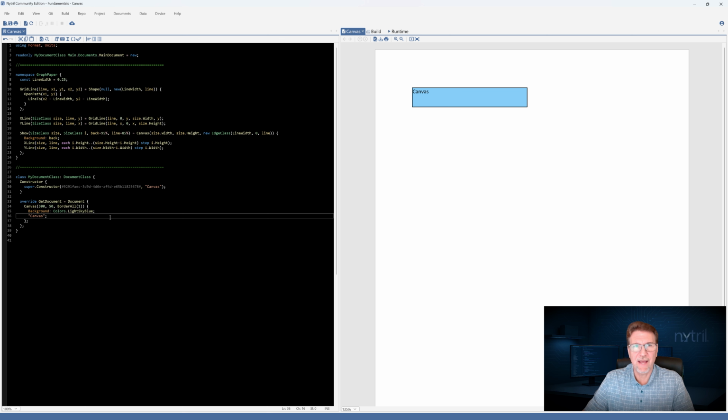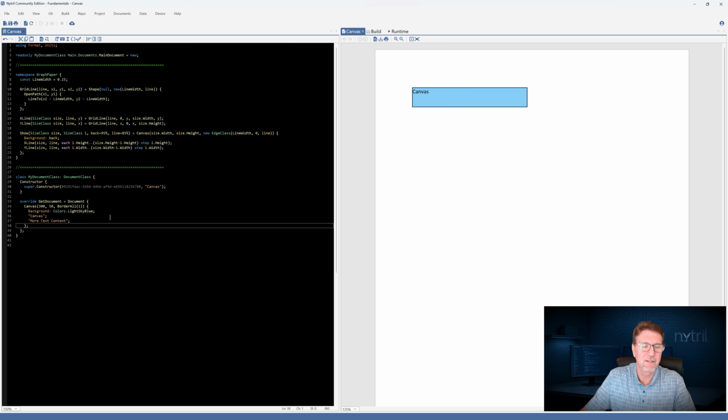So to illustrate that, let's just place a little bit more text in here and press F5 to see what happens. So unlike an H box or V box, the text landed directly atop the previous text. That's because it hasn't been positioned. In a canvas, you have to tell things where they're going to go, otherwise they're just going to be drawn in the top left corner.